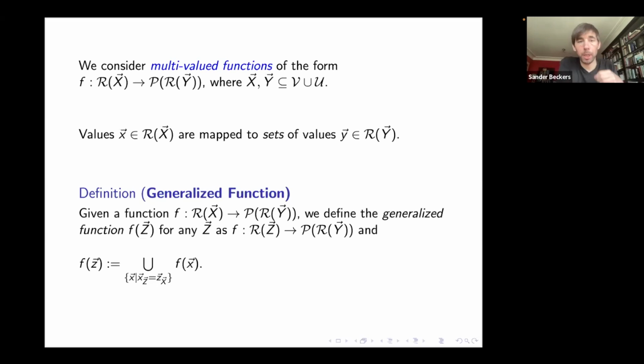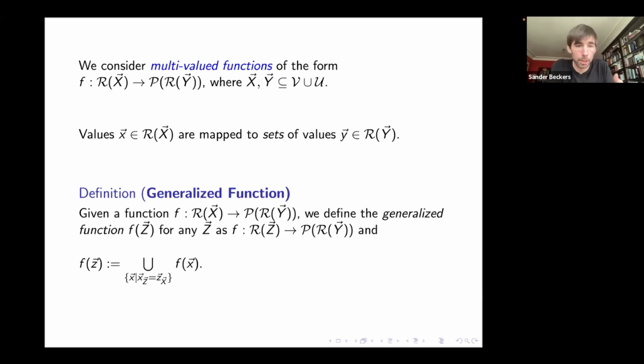the domain. So strictly speaking, the function f might be going from the values of the variables x, but we can interpret it as if it's not. So for any tuple z, I can still make sense of what it would mean to interpret the function f as if its domain were in fact the variables in z. How do I do that? Well, the equality on the bottom tells you that. So I'm going to consider all the values x and the outputs that they would give, and then I'm going to join them into one big set. And that's fine because I'm dealing with a multi-valued function, so it's no problem having multiple solutions.